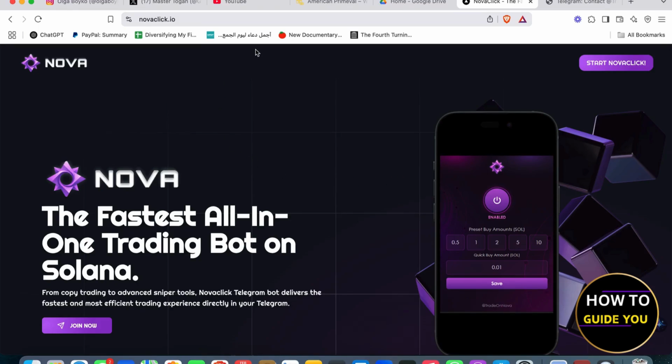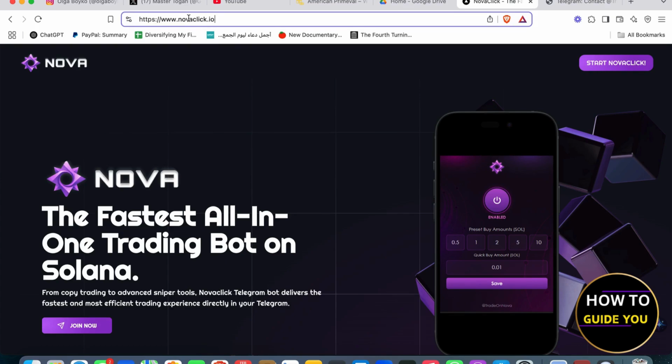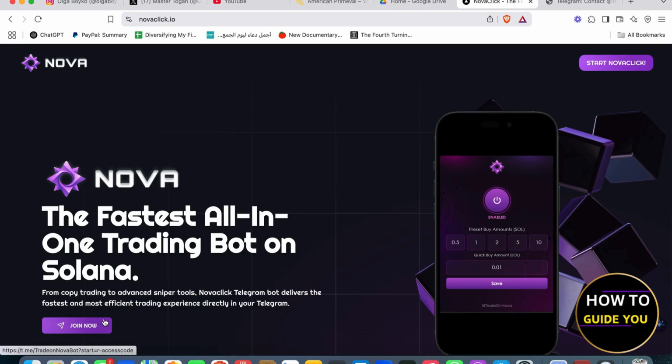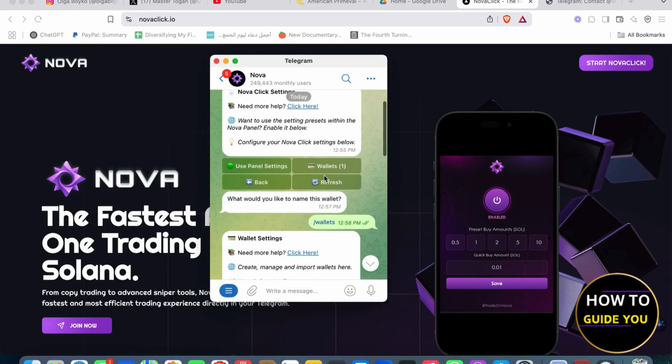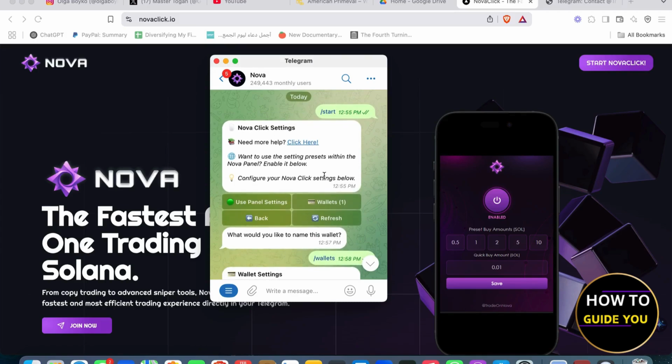So first of all, you need to go to novaclick.io. Again, you're going to see it highlighted right here. I'm highlighting it, novaclick.io. And then you're going to click join now. You're going to see a pop-up window that allows you to be accepted to the Nova